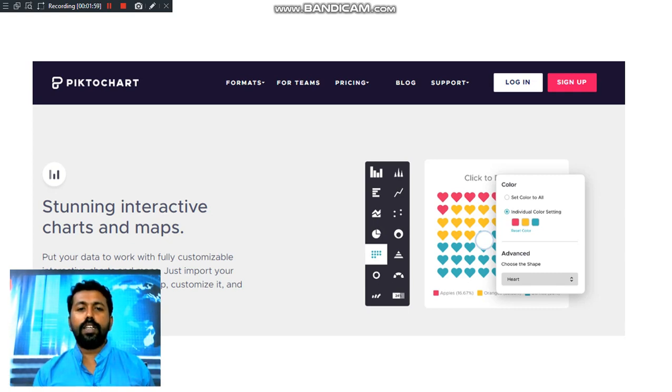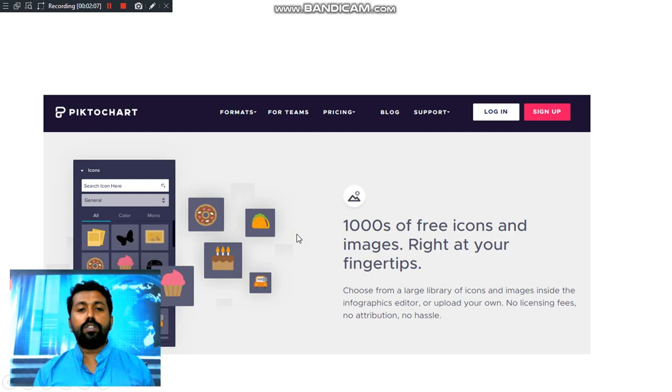Interactive charts we can create. We can create interactive maps and infographics. Easy color changing options are there. Lots of opportunities are there. We can add lots of icons like this. So a very effective and better tool for creating infographics on a website is PictoChart.